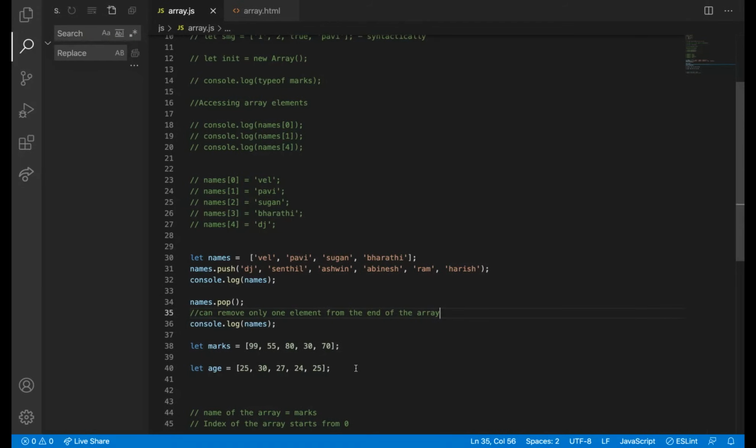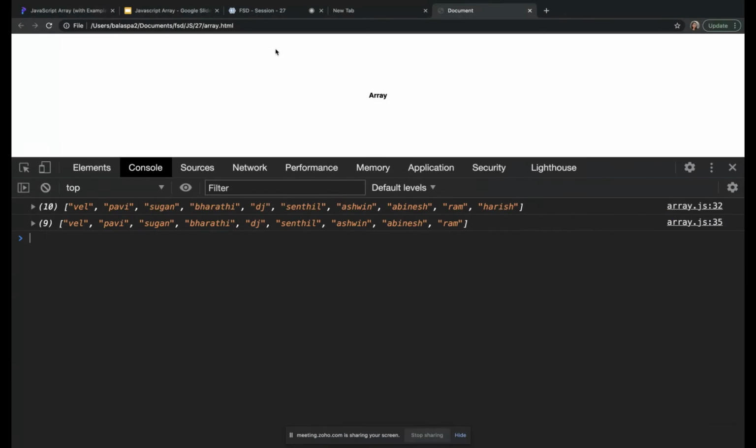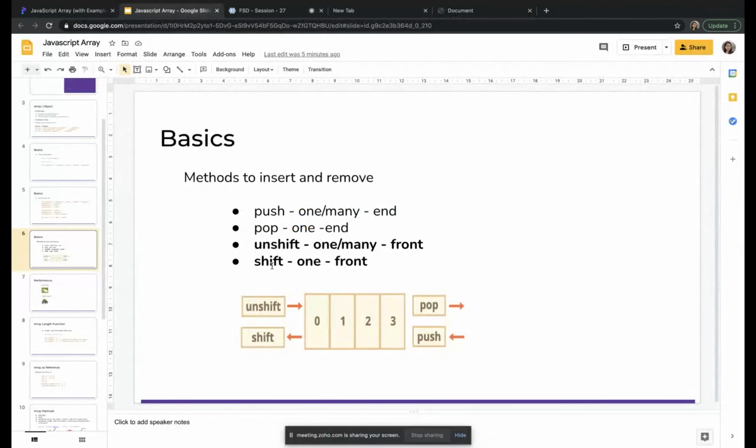So is it clear? Push and pop are the functions used to insert or remove an element at the end of the array. Now what we are going to see is the front. For the front we have shift and unshift. Unshift will insert an element.